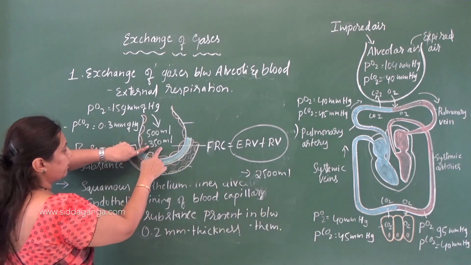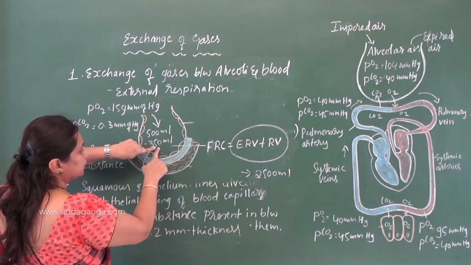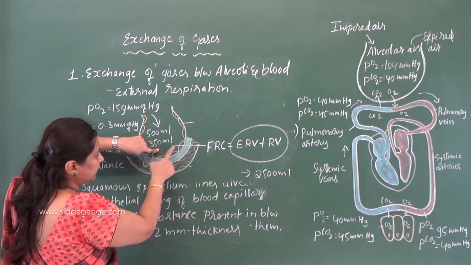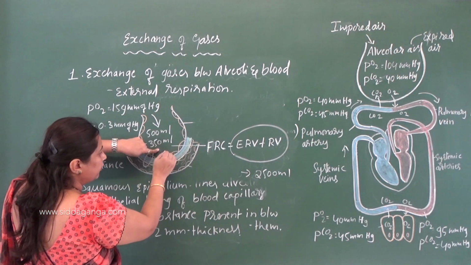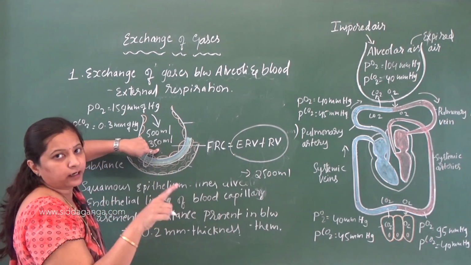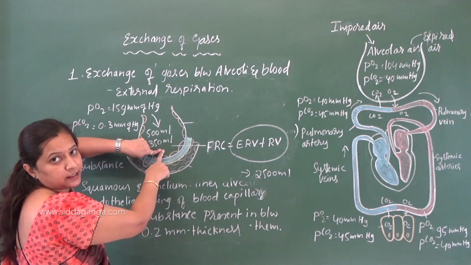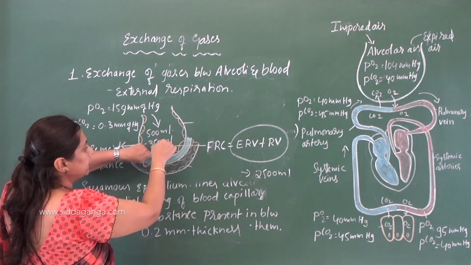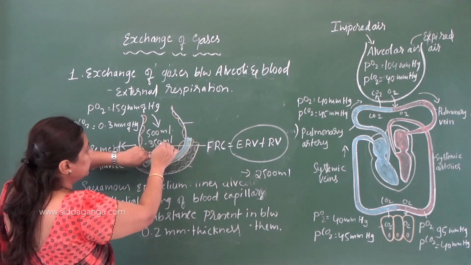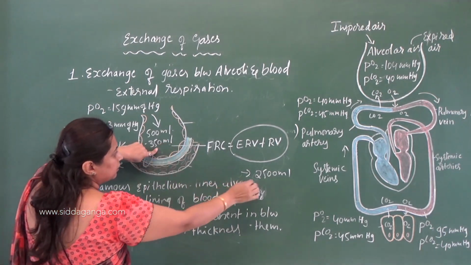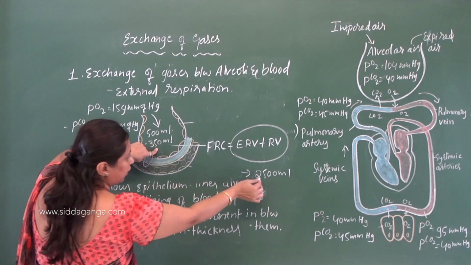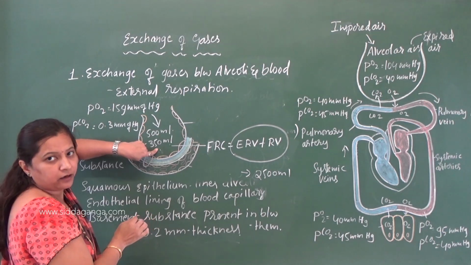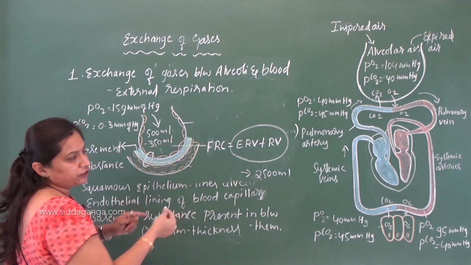So this 350 ml of fresh air gets mixed with the air which is already present in the alveoli. The air present in the alveoli is called alveolar air, and it is rich in carbon dioxide. We inhale only 500 ml, of which only 350 ml reaches the alveoli and mixes with roughly 2500 ml of air already present, which is rich in carbon dioxide. That's why the composition changes here.